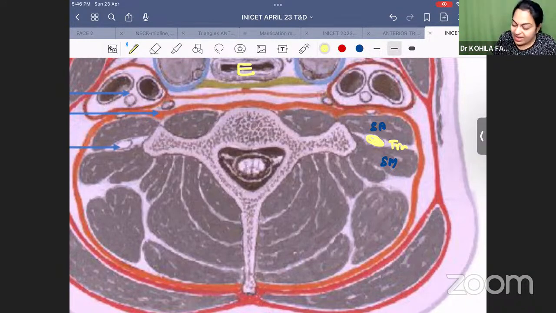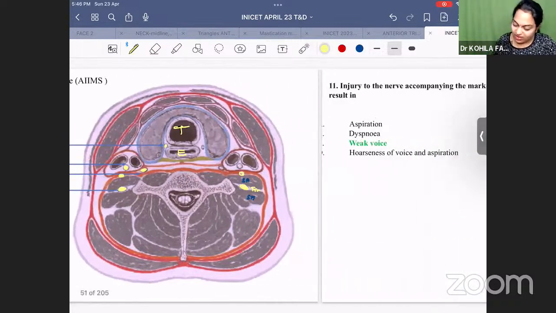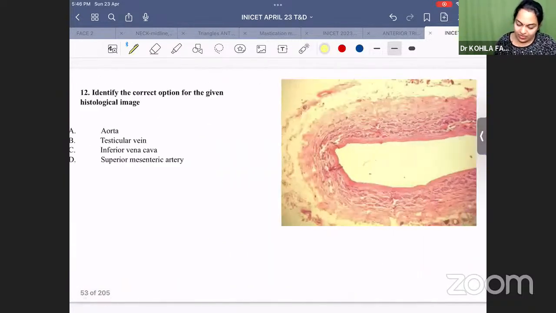So this is scalenus anterior. Can you make out this nerve anterior to scalenus anterior? This will be the phrenic nerve, right? So this is the trunk of the brachial plexus. This is phrenic nerve, cervical part of sympathetic trunk, vagus, recurrent laryngeal nerve. Right? So, whichever image is given, you should be able to figure it out. Okay, done? Yeah. Now,